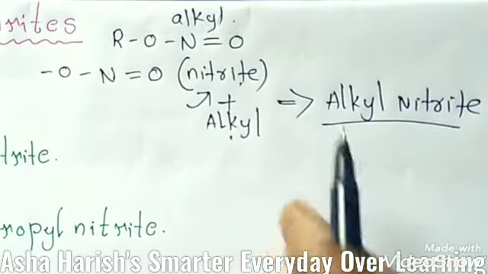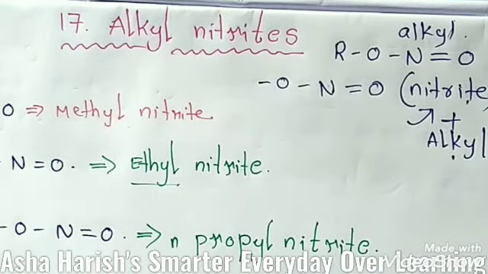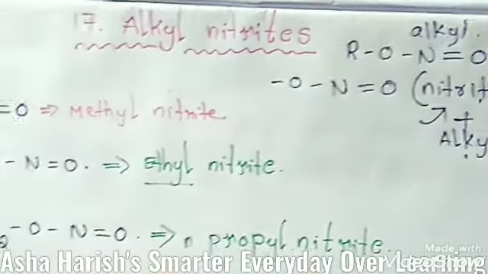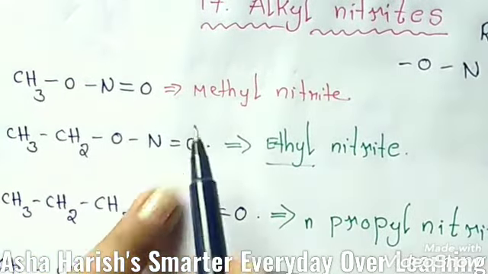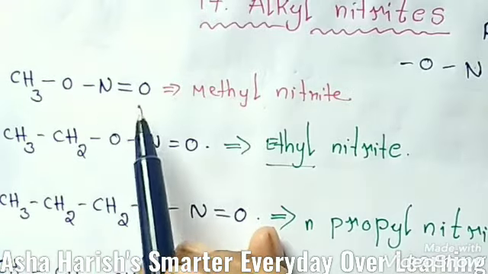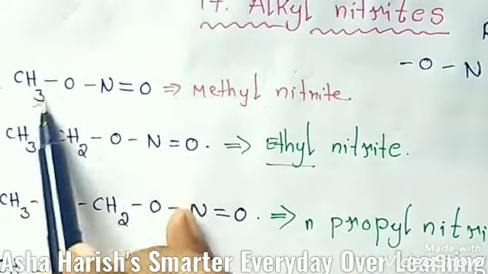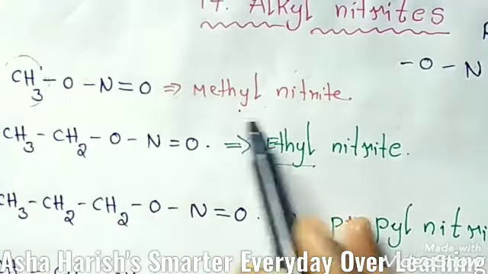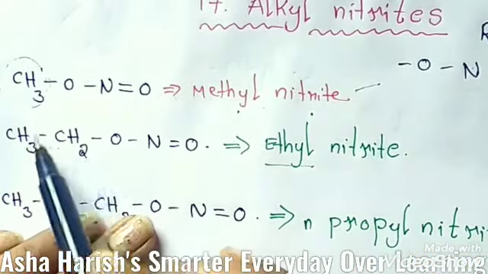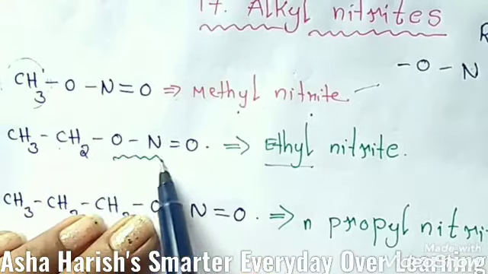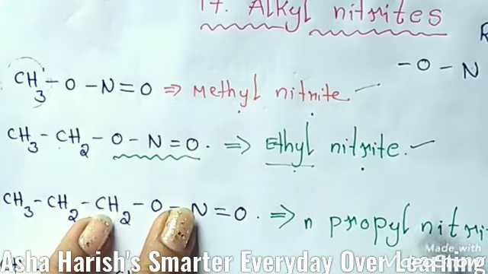Okay, and IUPAC names for these organic compounds, alkyl nitrites: for the functional group, there is no IUPAC name, only the functional group. How will we write the functional group for these alkyl nitrites? Let's see. The first example is CH3ON double bond O. Here you can observe one methyl group, CH3, so methyl nitrite, right? And see the second example here, CH3CH2 is the ethyl group, and here is the functional group of alkyl nitrites, then ethyl nitrite. Simply you can write like that.